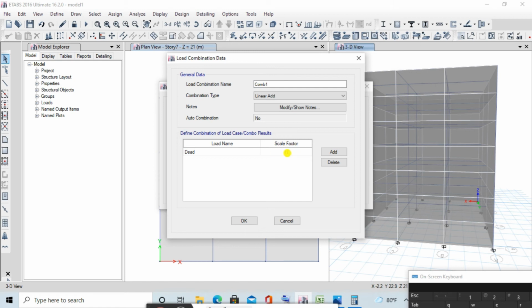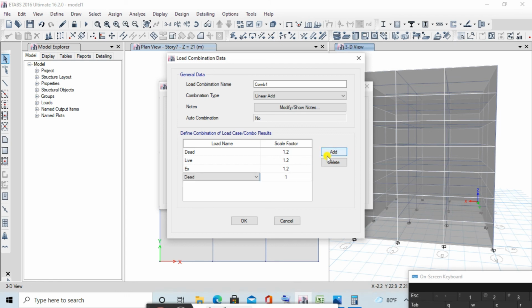Scale factor as 1.2. Under this, go to live, then here 1.2, then again under X, here it is 1.2. I'll show you one step of the combination, then you add more by yourself.